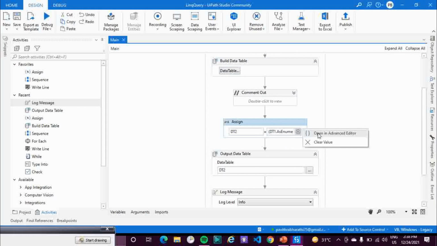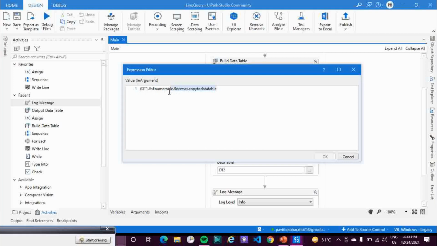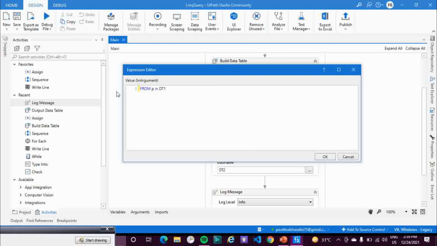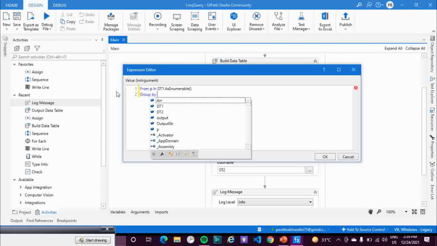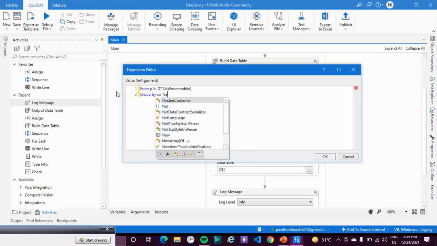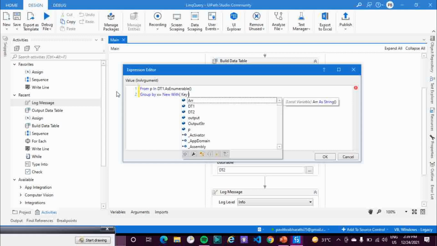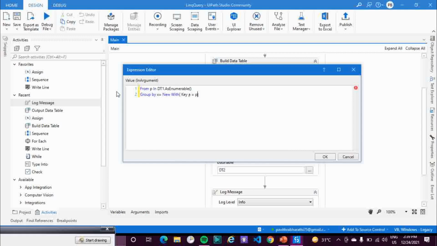In this example, I'll try to write a LINQ query: from p in my dt1 dot as enumerable, group p by new with, the key that I'll give here, key A is equal to p dot item roll number.